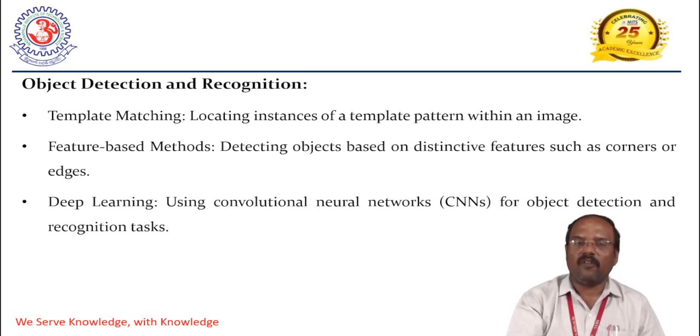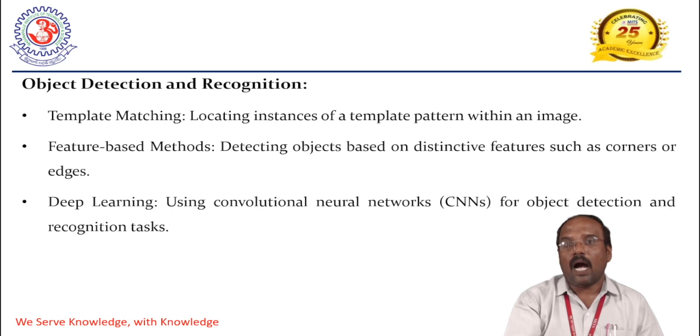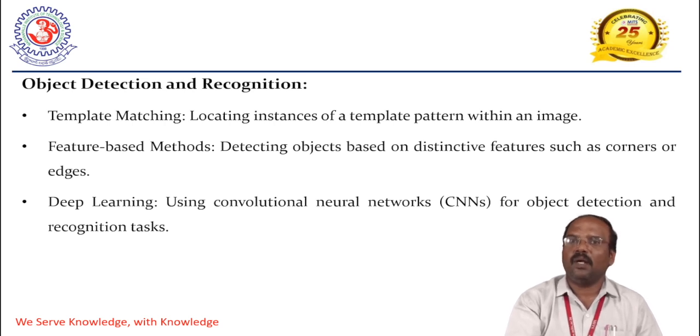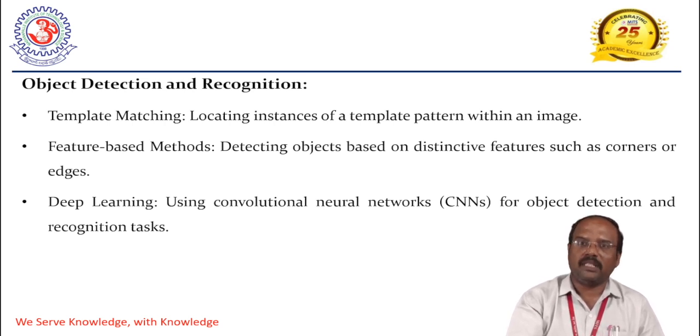Third thing, one of the finest techniques which we are using here is deep learning. Here we are stating a convolutional neural network, which goes for object detection as well as recognition tasks. Almost, you know, there are a lot of networks which we can use in deep learning, CNN, RNN, and even DNN also. Right now we are just taking the convolutional neural network for your object detection as well as for your recognition. Okay, second thing.